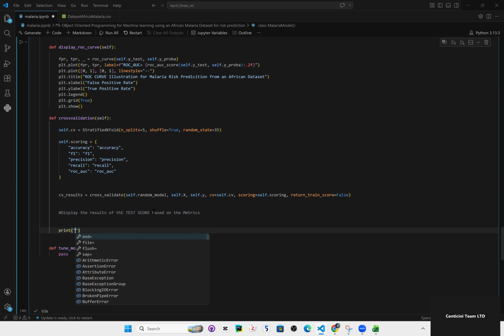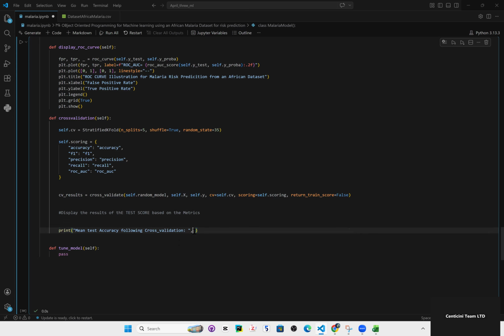So I'm going to say print accuracy. This is the accuracy, right? So we're gonna get the test accuracy after cross validation. Maybe I'm gonna just put that there so beginners can understand following cross validation. If you want to add extra, I could say the mean test accuracy following cross validation. That's going to be